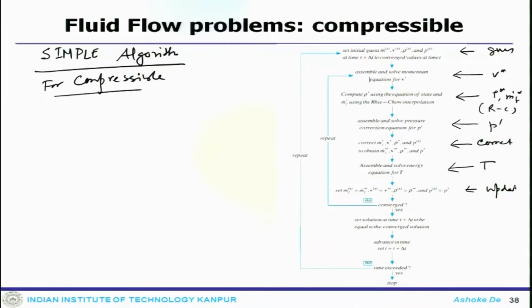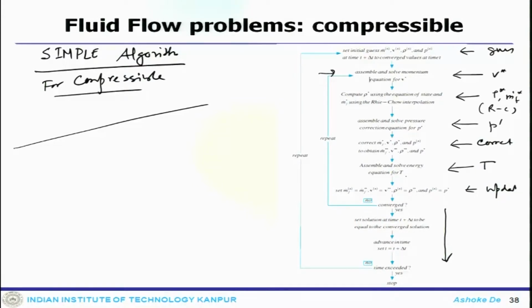It is just like a simple algorithm, only thing is that density is now taken into consideration. If it is converged, move to the next time iteration, if not, you go back to this place and repeat. So, algorithm wise it is exactly similar to what we have discussed in the incompressible case. The difference comes here: density, Cp, these terms can no longer be neglected, and on top of that the energy equation becomes a part of your solver or the system, you cannot avoid the energy equation.